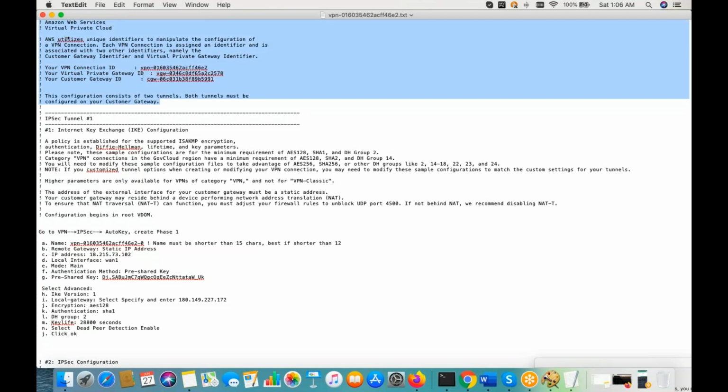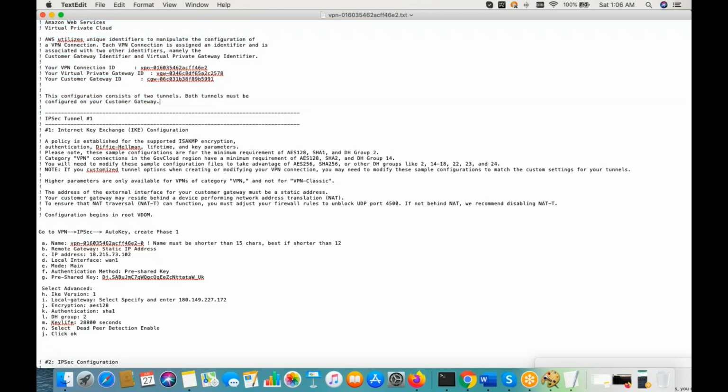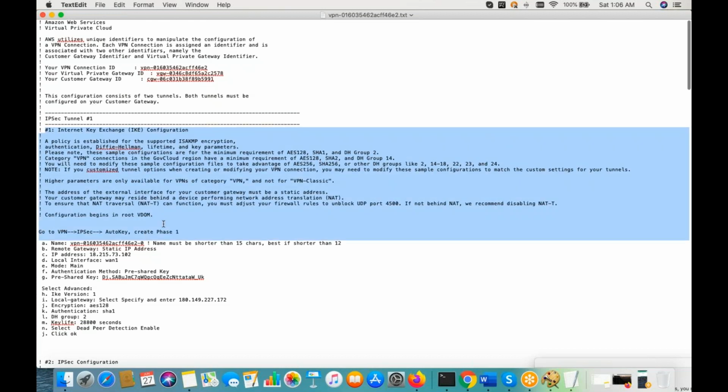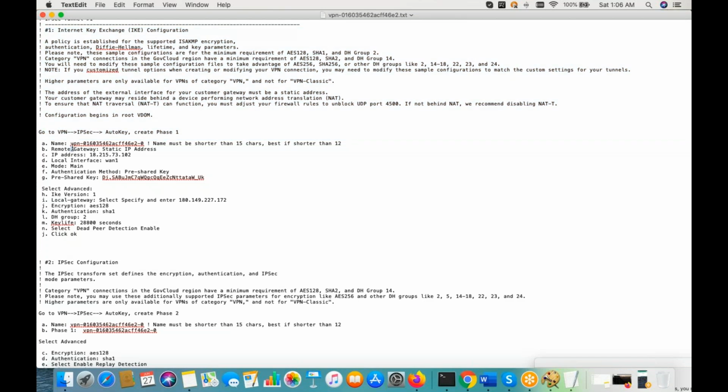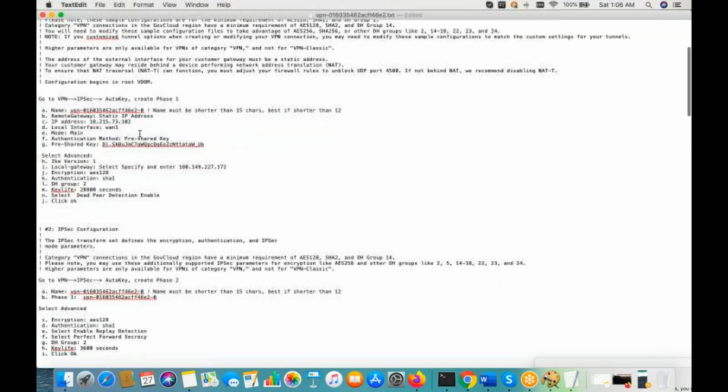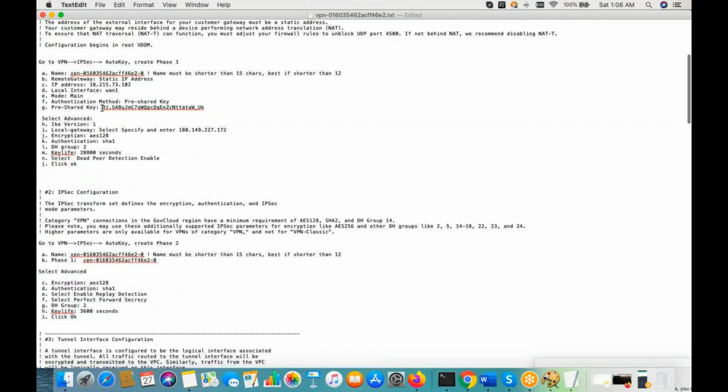Means if you have done your AWS part now, being at the architect level, next you are going to provide this internet key exchange configuration. From here, guys, if you see, IPsec tunnel 1 is already carrying the key information and your VPN information, customer gateway IP addressing, and the virtual gateway information, pre-shared key. Even see this one. This is the pre-shared key which will authorize the request coming from the customer side.